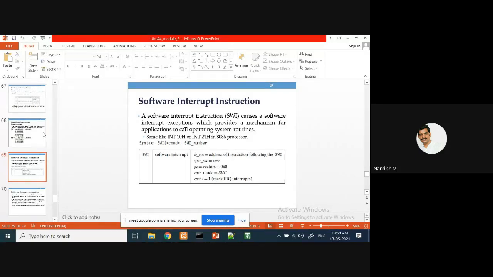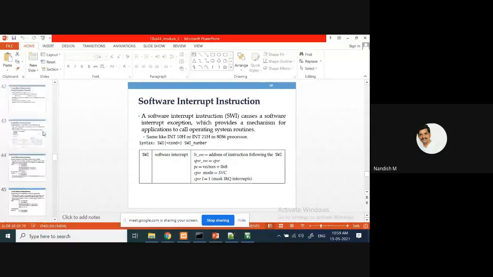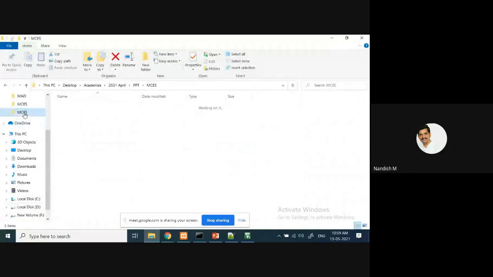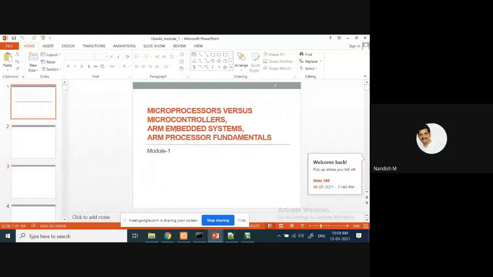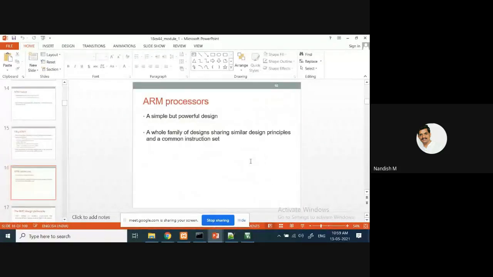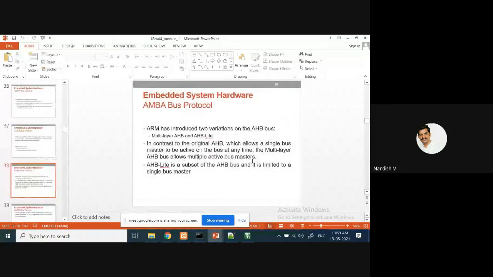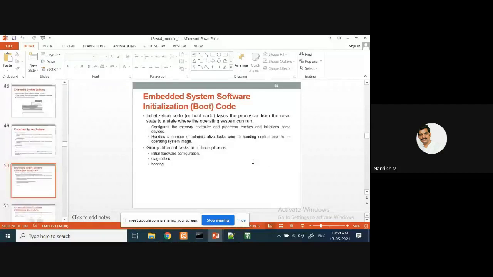In the vector table, there was one entry. What is the address? Do you remember? The address of the software interrupt exception.